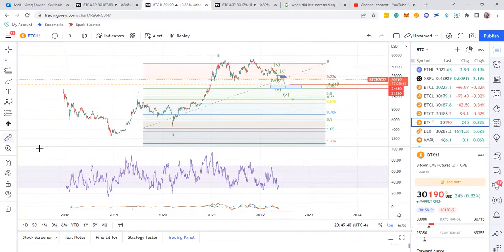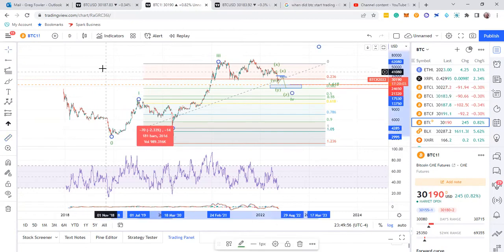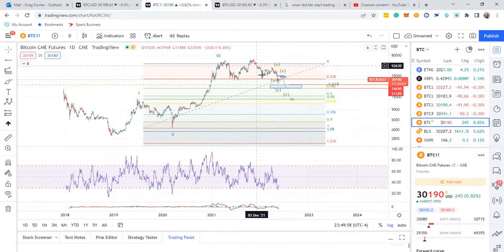Let me double check that over here again, make sure. Yeah, about 61 days on that one. And this one's a lot longer. Second waves should be deeper and shorter than the fourth waves. Fourth waves will be longer and not as deep. That's just how it works. It's called alternation through the different corrections.